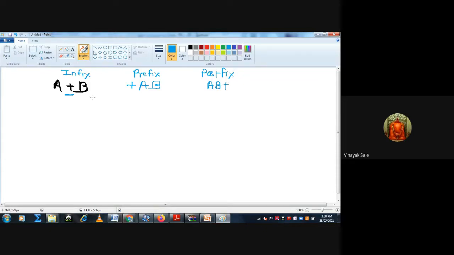Next example, in bracket a minus c into b, then what will be the prefix?